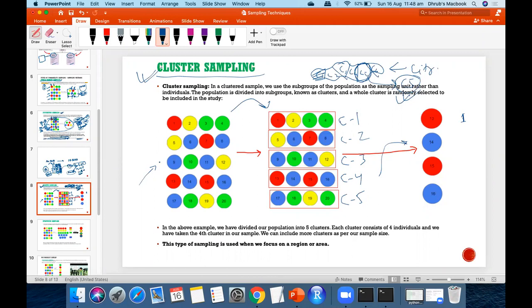Okay, so there is a kind of grouping in your data already. From that you can select a sample. Now you will say, yes, there is some bias. Obviously there is some bias. You see here we don't have representation of yellow and green, but we cannot control that.